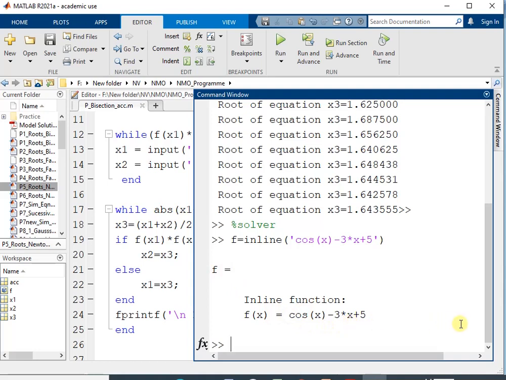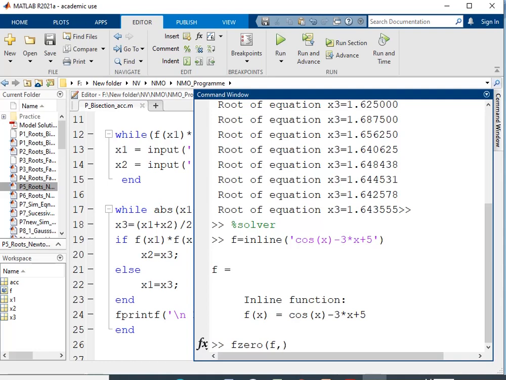Now we can write the solver syntax to find the root of the equation. So the solver syntax is fzero, then in bracket function comma initial guess. So the function is defined to the variable f, so I am going to write f comma, then the initial guess, as we have chosen here 1 and 2.